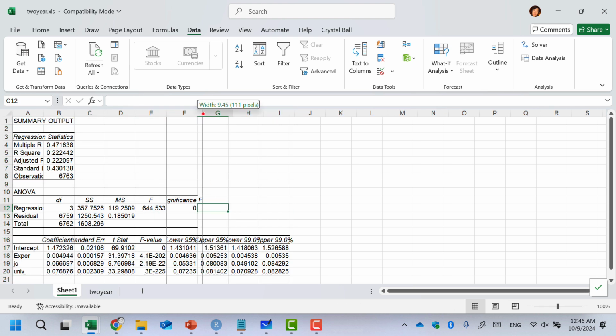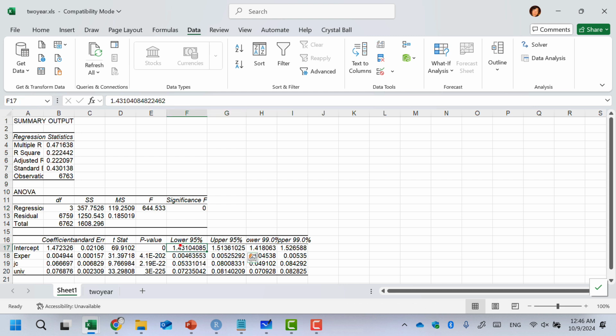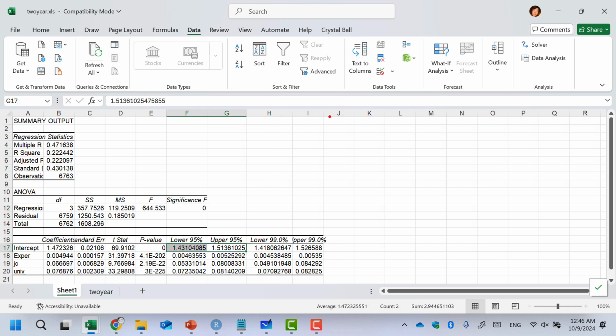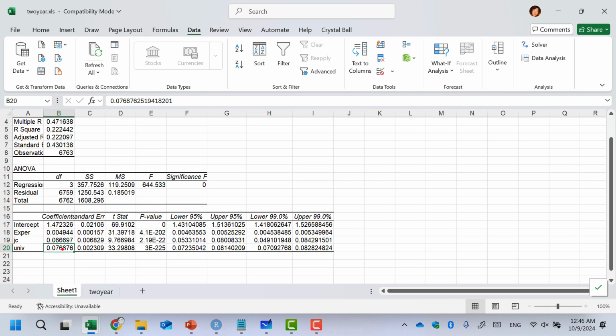So that's why I choose 99, because 95% is the default given. And since I typed in 99, the additional one gives me a 99 confidence interval. You can see the p-values, right? Every p-value is quite small, so all of these are significant. Everything is significant. But if you take a look at JC and university, these two numbers are pretty similar,